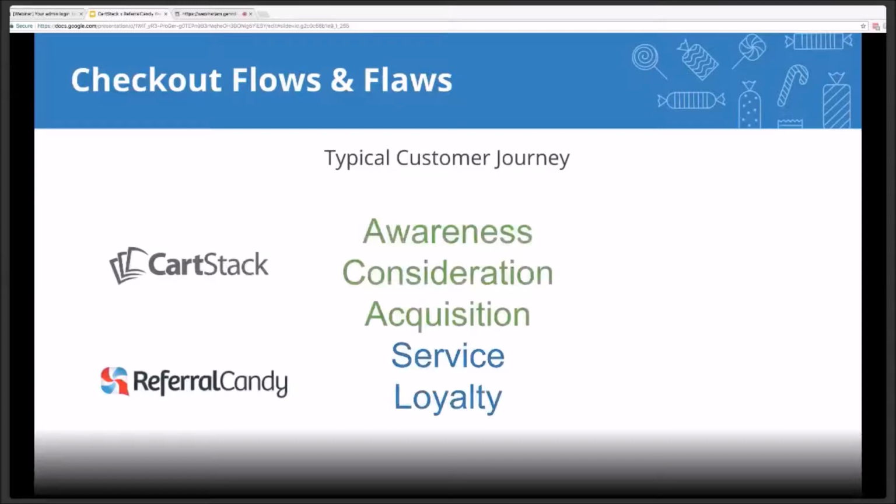And one thing I want to point out real quick, and I think Raul touched on this for a second, is how unique this webinar is going to be today. As business owners, we can tend to get so caught up in focusing on customer acquisition that we forget the fact that 20% of our existing customers can be responsible for up to 80% of future sales. So we're really pumped to be able to cover all aspects of this customer journey in this webinar. I'll show you how to acquire the customers, and Raul will cover how to turn them into brand ambassadors so you can acquire even more customers.